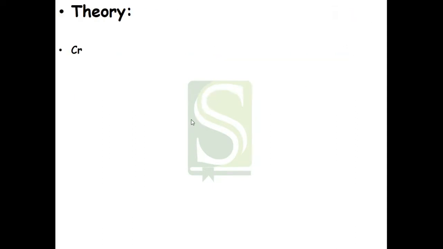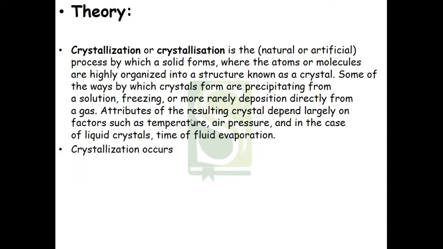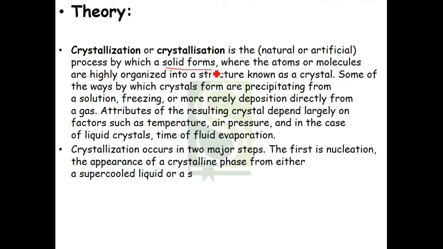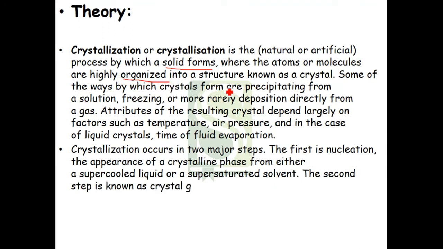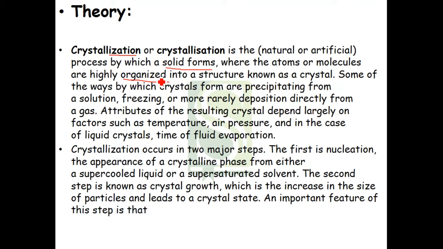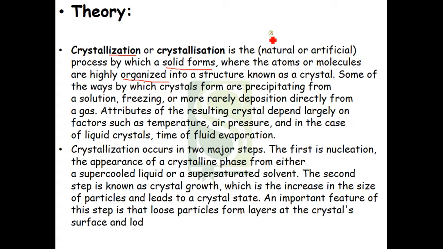So crystallization is the natural or artificial process by which solid forms, okay, means there occurs the generation of solids from the liquids. Okay, so here the atoms of the molecules are highly organized into a structure. So we can say the crystal lattice starts to take place, it occurs during the process of crystallization. Okay, so the atoms get oriented into a specific dimension, okay, to give rise to a